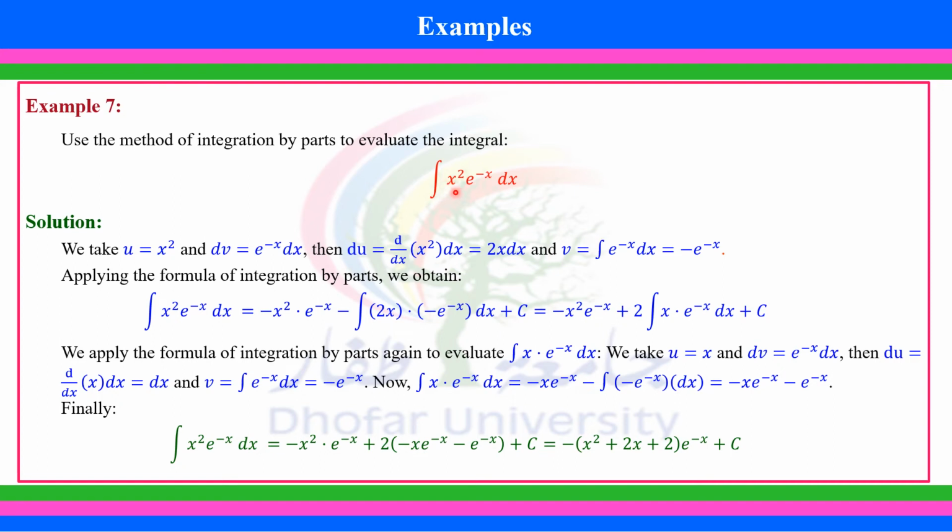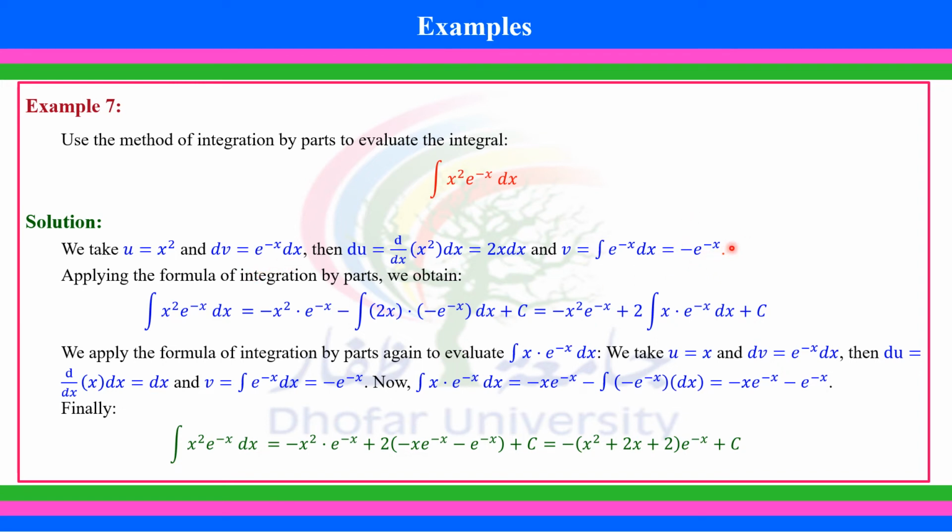At the beginning, we choose u equal x squared and dv equal exponential minus x dx. Then we find that du is 2x dx by differentiating x squared,